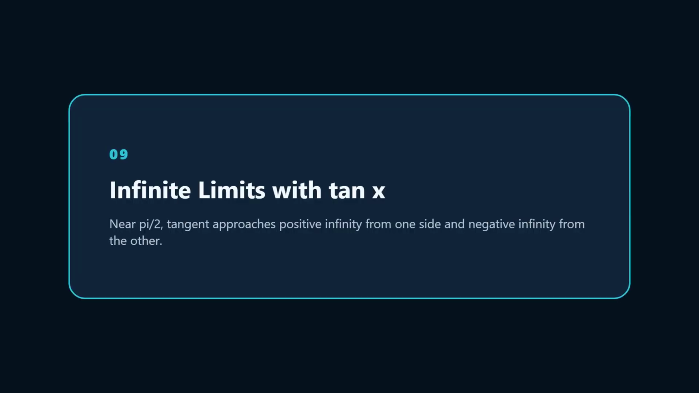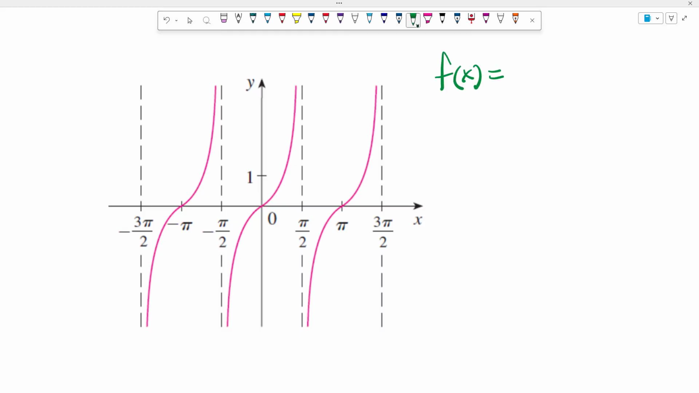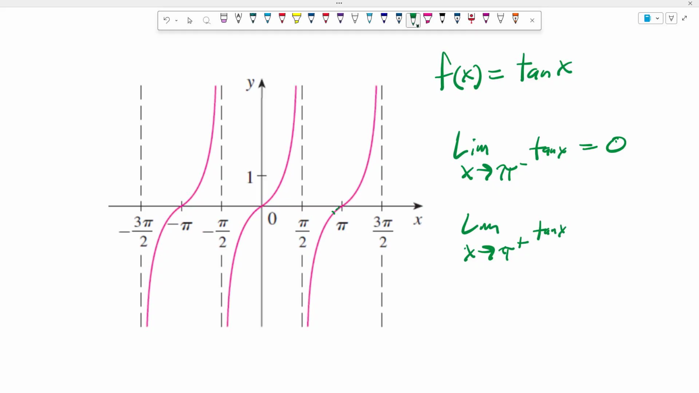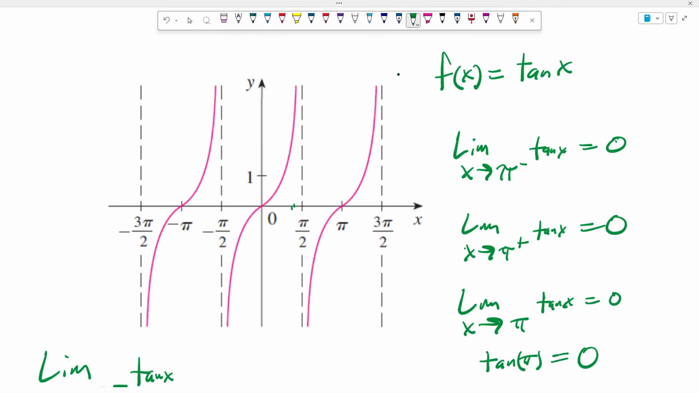Anybody know what function this is? Tangent function? This is tangent. Okay. So we did this in May. What is the limit as x approaches pi from the left? 0. What is the limit as x approaches pi from the right? 0. What is the limit as x approaches pi? 0. So as x approaches pi over 2, this just keeps getting larger and larger and larger and